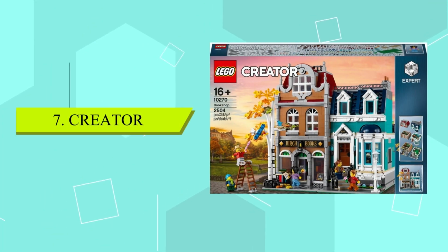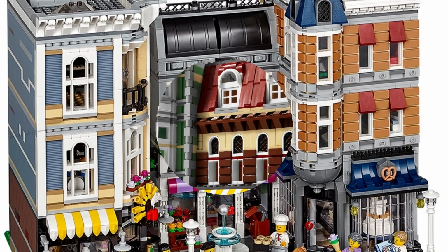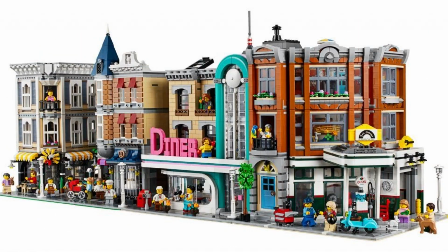Alright, next up here at number 7, we have the LEGO Creator Taj Mahal. This set retails for $370 and includes 5,923 pieces. Now, this set is obviously based off the very iconic Taj Mahal mausoleum, but one pretty interesting part about this set is that it's actually released twice. If you notice, I didn't mention the year that it was released because we actually got 2 different variations of